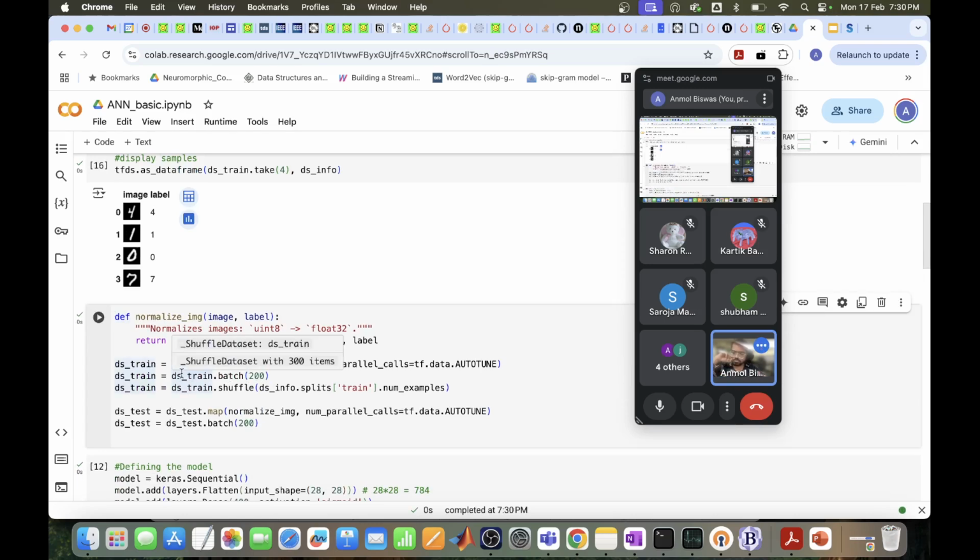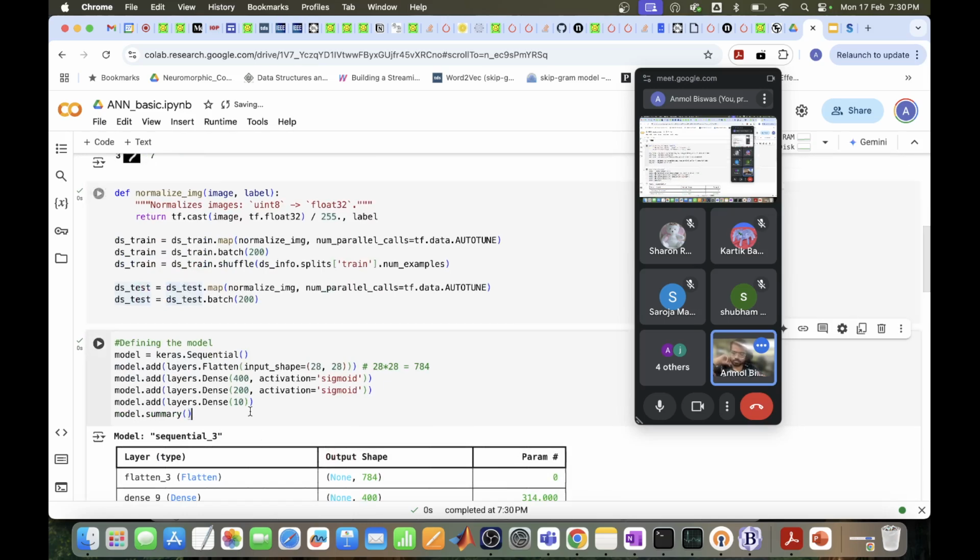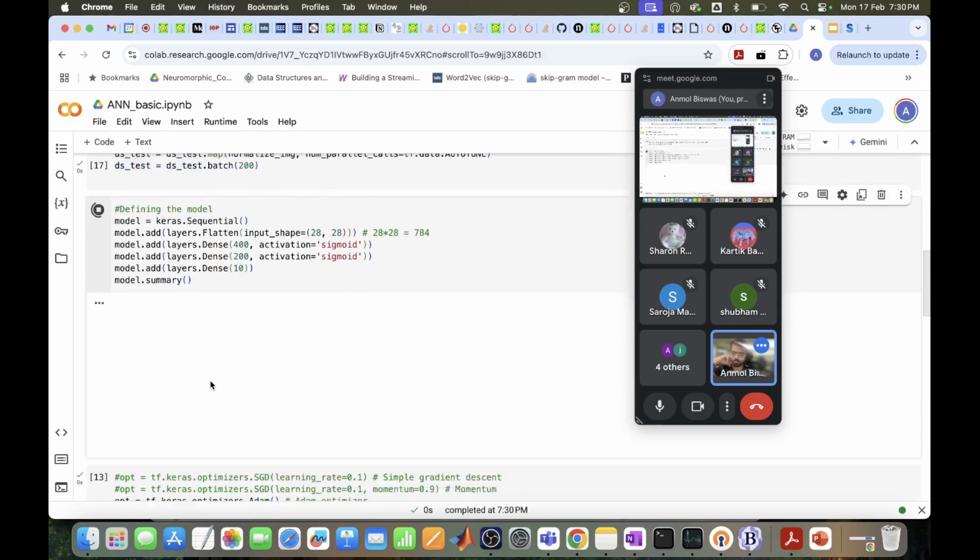So previously we had 600 items for the training dataset. Now we have 300 because our batch size is now 200. The total number of samples is 60,000, right? Similarly, for test set, we'll get just 50 items, right? So 50 items times 200 is 10,000. Go to the model